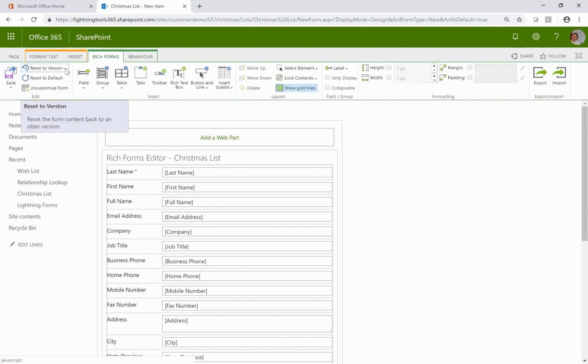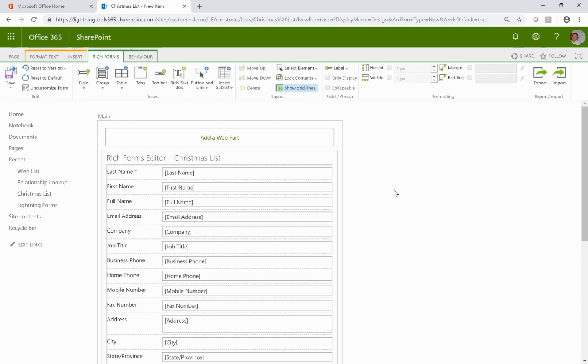But what you'll also see is every time you save, a new version is created. So I'm currently working on version 1 of the form. Every time I hit the save icon, it's going to create version 2, version 3, and so on. So if we make a mistake, if we accidentally delete a field or whatever we do, we can always revert back to a previously saved version, just like we'd be able to if we were using a